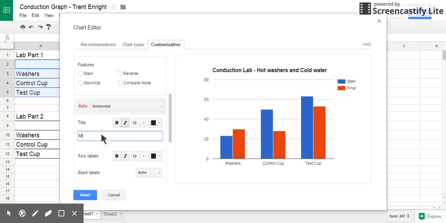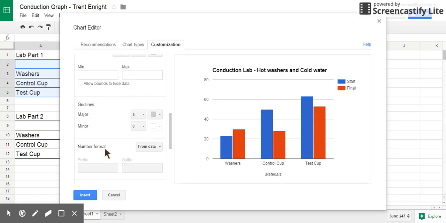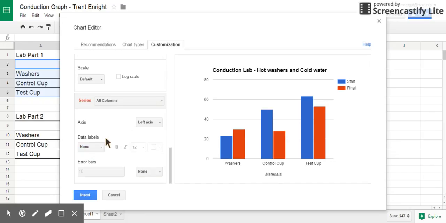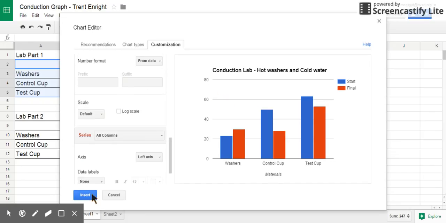So the horizontal axis for this would be the x-axis, so that's the materials that we used. We can change that to be left vertical, which would be the y-axis. And for this lab, that would be temperature. You can also play with some other options, colors, background, and so on. So let's say we're good with our graph. Then you click Insert,